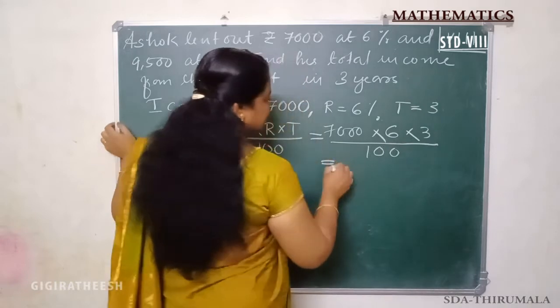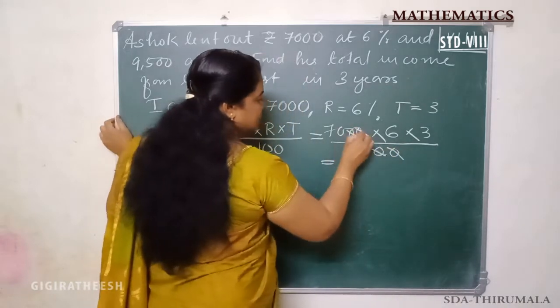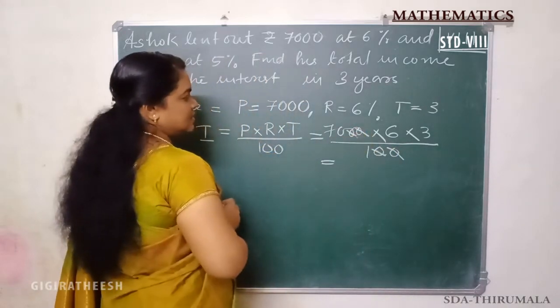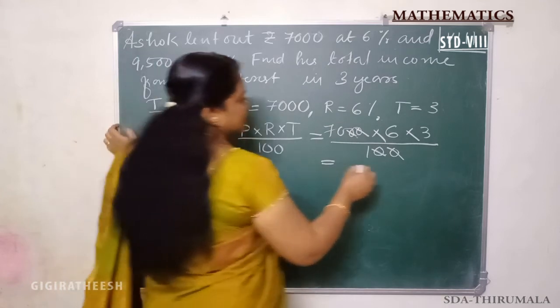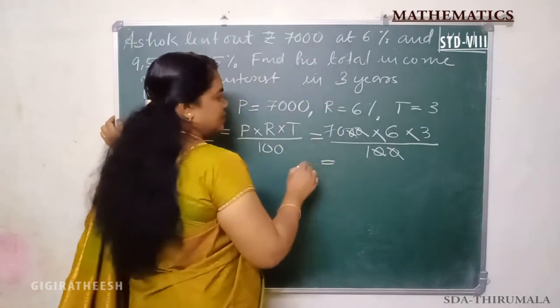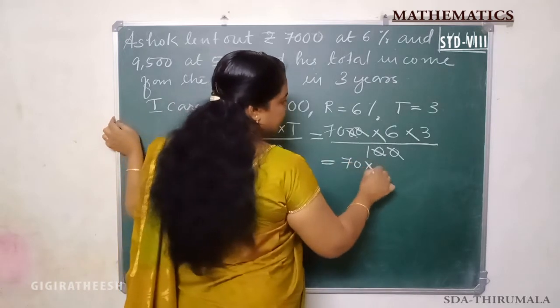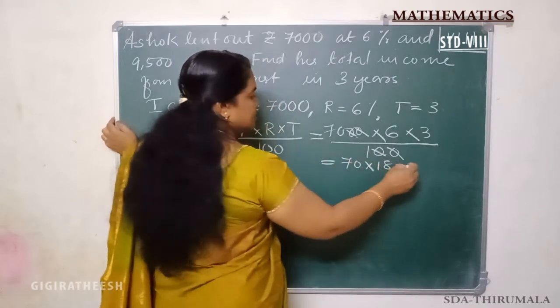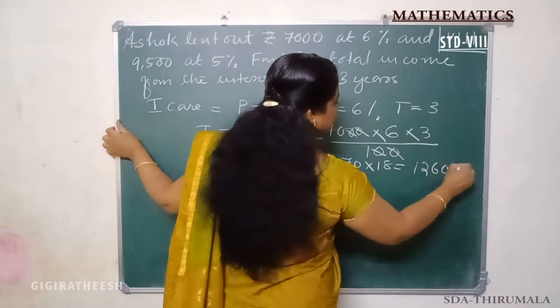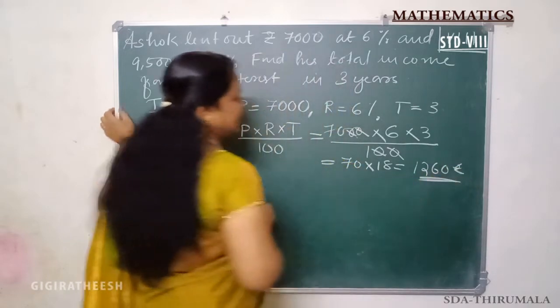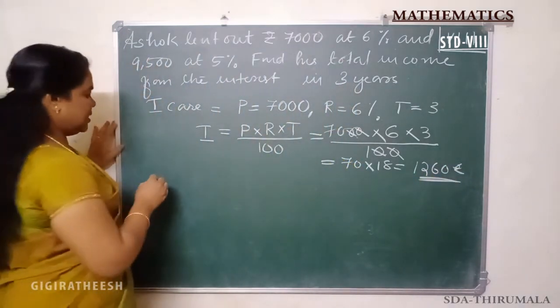Cancelling these two, we get 70 into 6 into 3, that is 70 into 18, which is equal to 1,260 rupees. And in the second case,